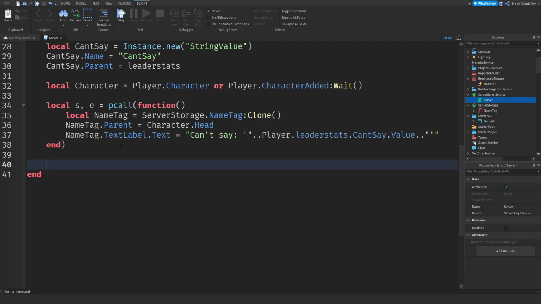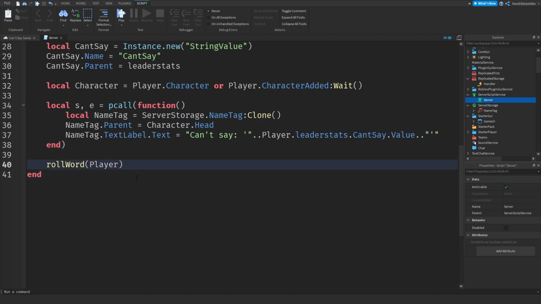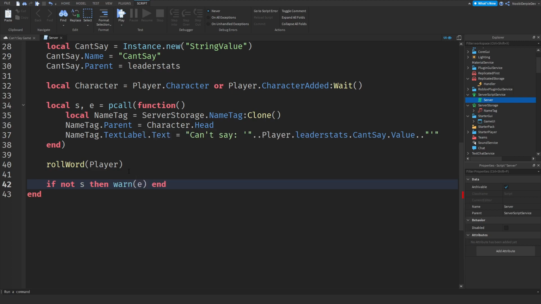Now what we're going to do is insert that into your character, but we need to roll a word. We haven't rolled a word yet, so all we have to do is RollWord(player). Now, if not s then warn(e). So if something errors in that pcall, it's going to warn it.